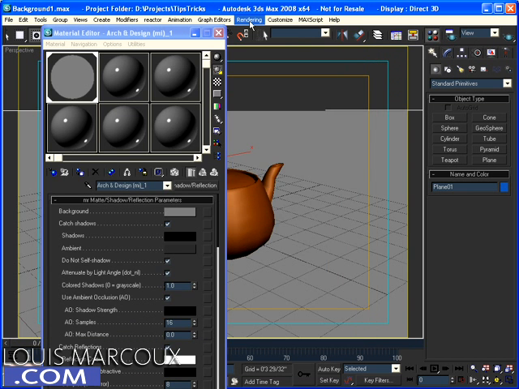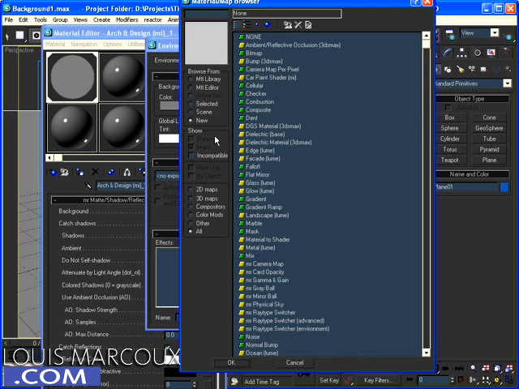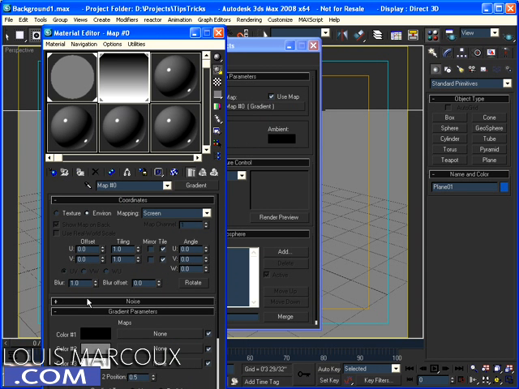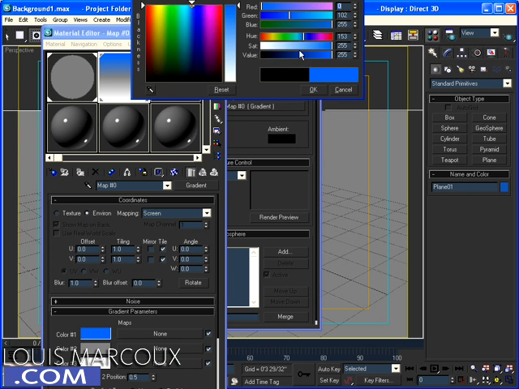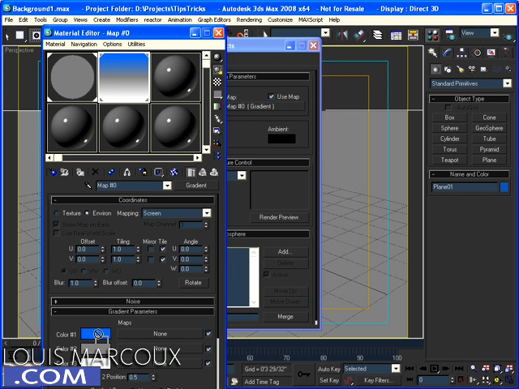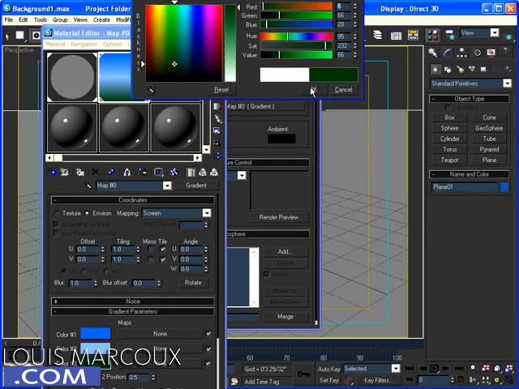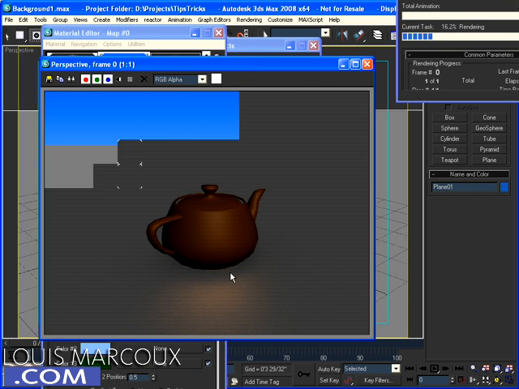What you can do as well is, if I go to the environment and I just place the map here, let's just grab, I don't know, a gradient ramp or just a regular gradient, and I bring that gradient into the material editor. I'll just change that to some kind of blue to mimic a sky, and just make it a little bit less saturated here. And here let's just grab some kind of a darker greenish color. So that's going to be our background. If I render this now,